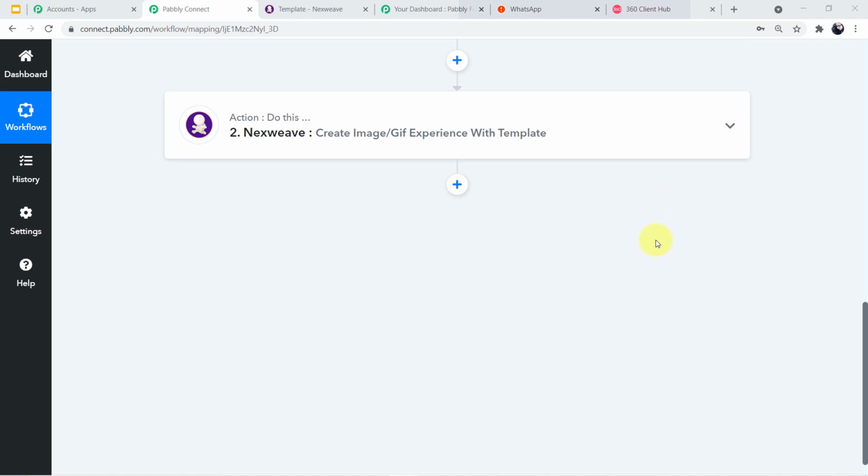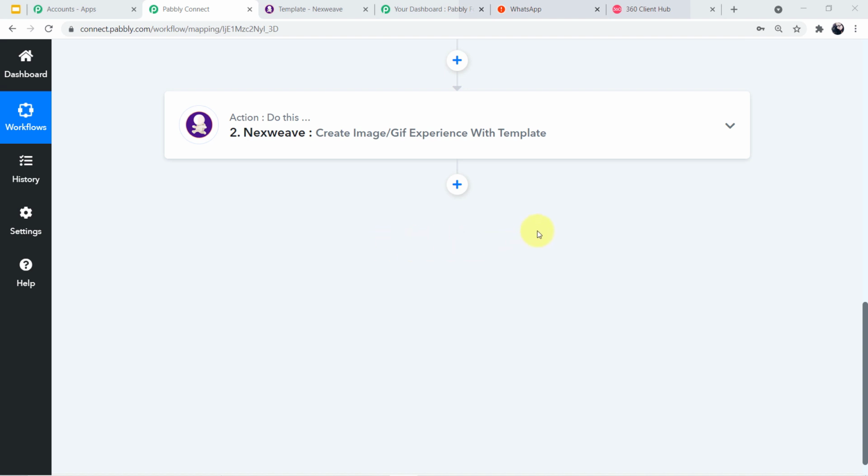Now we will jump to our final step, which is integrating WhatsApp to send the messages or the digital ID card to the participants on WhatsApp. But the twist is we are not integrating WhatsApp with Pabbly Connect here. We are integrating 360 dialogue instead. Now, why are we integrating 360 dialogue? Once again, because WhatsApp doesn't allow you to send messages directly.